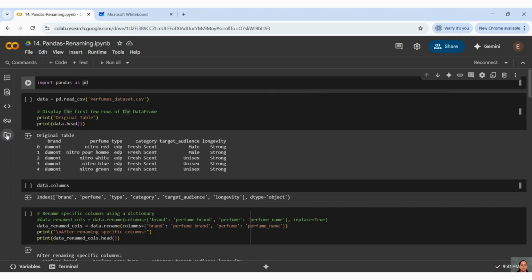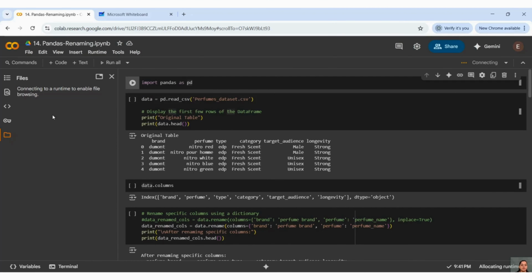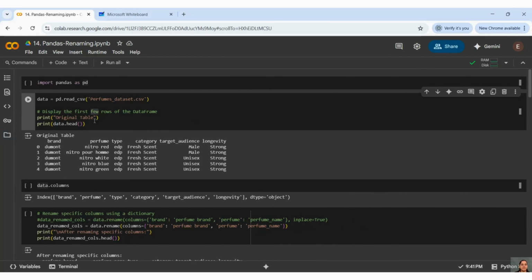Okay, now I will load my dataset first, because I already mentioned that this environment we are working in is a runtime environment, and here we have to load the dataset every time you work. So let me do that first. Let me take the perfumes dataset. My dataset is loaded and it will be there only for this session. Now let me read my CSV.